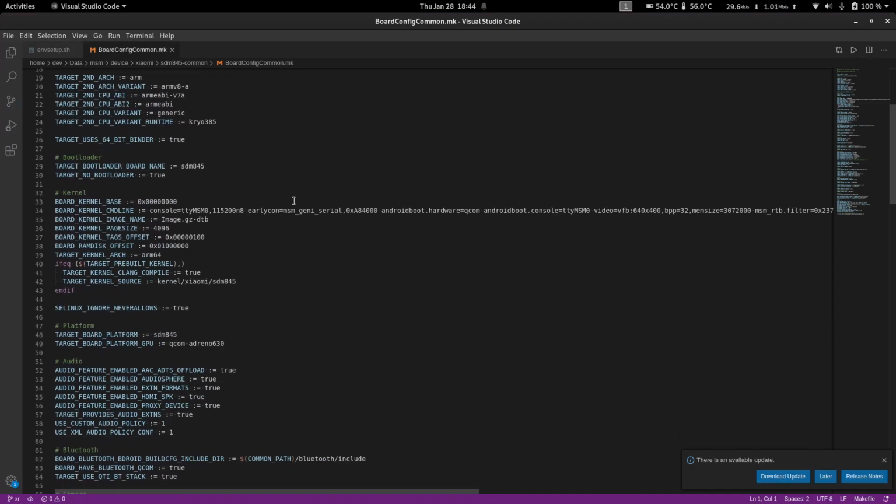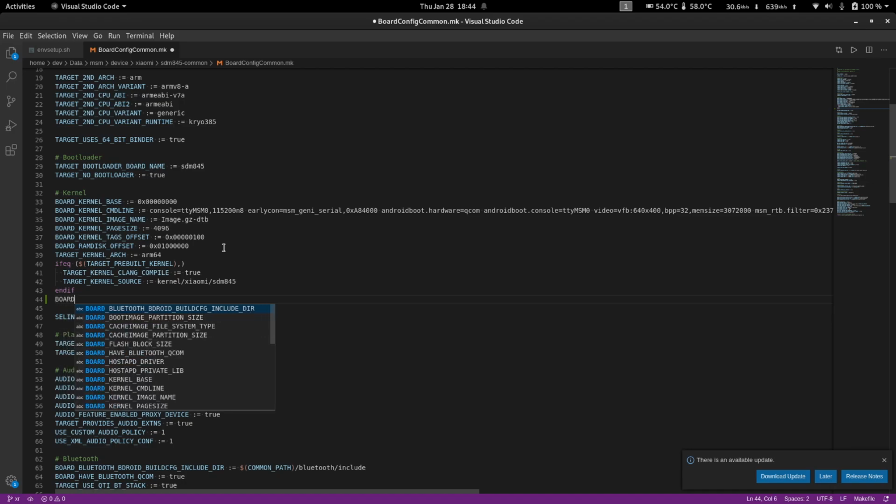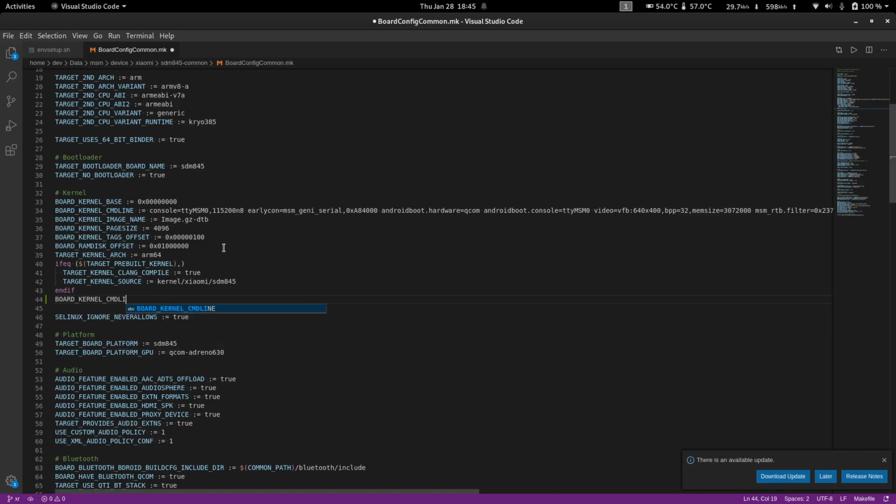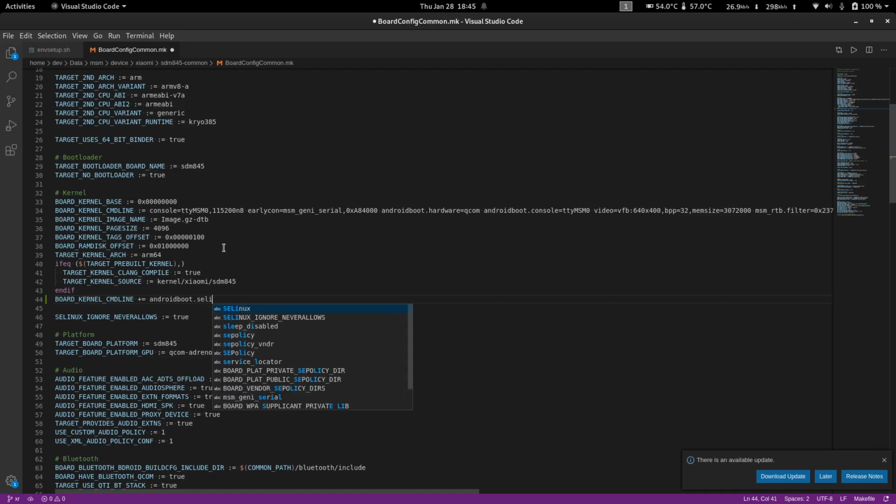Yeah, so if you wanted to boot your kernel or your ROM in permissive mode, you basically just add BOARD_KERNEL_CMDLINE += androidboot.selinux=permissive.